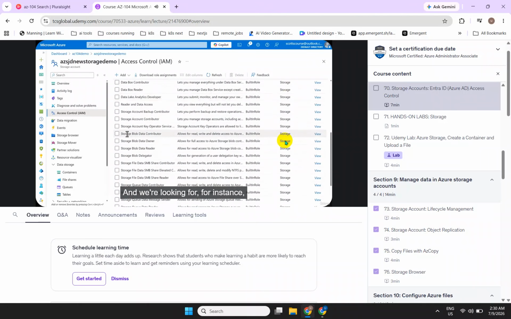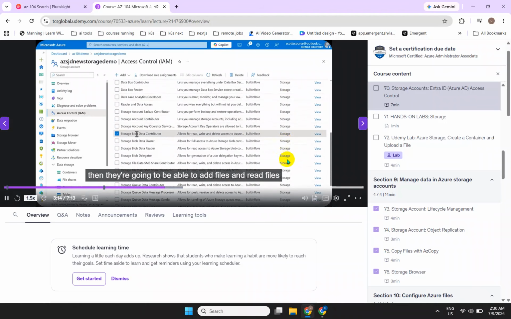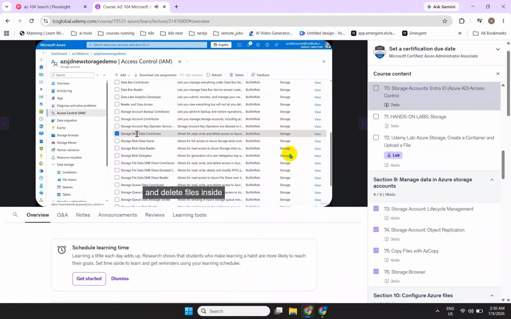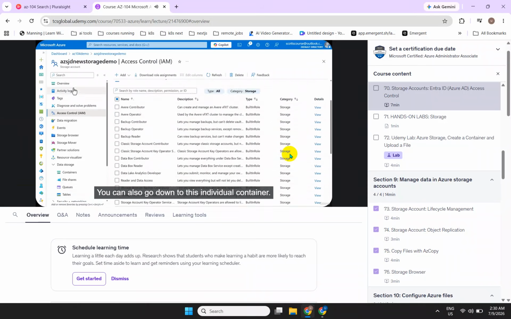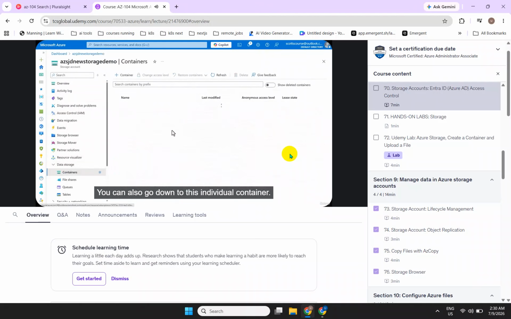And we're looking for, for instance, storage blob data contributor, which allows for read, write, delete access to Azure storage blob containers and data. So if you assign this access to someone, then they're going to be able to add files and read files and delete files inside of a blob container in this storage account. So in the storage demo account, assign someone this permission, they will have access to that container, all the containers in the storage account. You can also go down to this individual container,